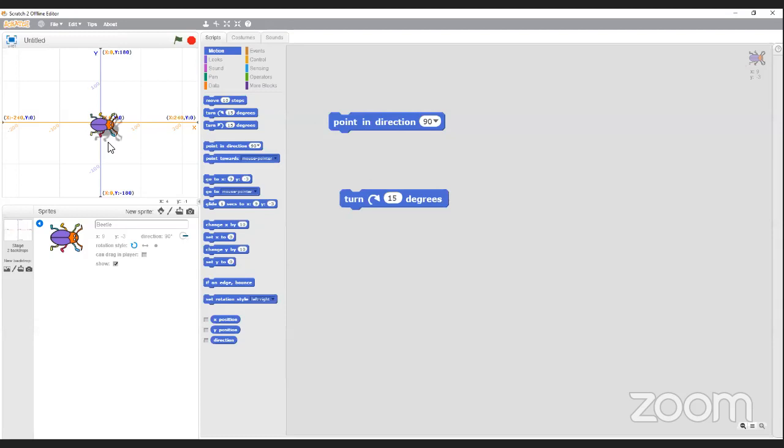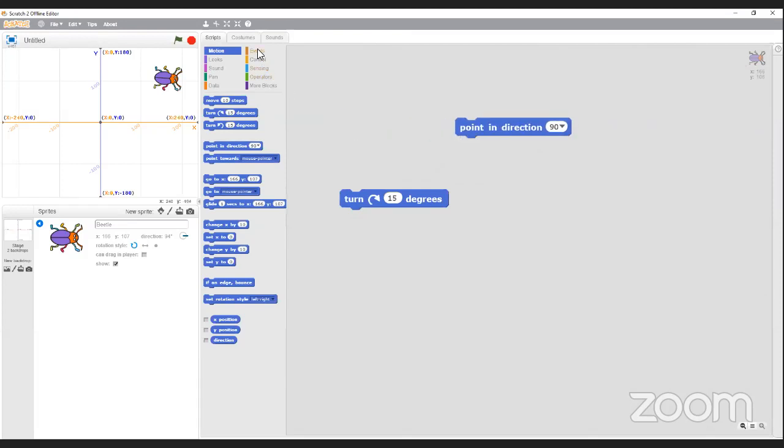Okay. So one of the things that annoys me a lot about this program and all visual-based programming is that once you start moving this guy around and maybe you start rotating him, then it's difficult for me to get him back to where we started. So that means I have to manually drag him and get him to the middle, and then I have to change the direction over here, and I have to move that back to 90 degrees, which becomes a bit annoying after a while. So what I'm going to do is I'm going to go to events,